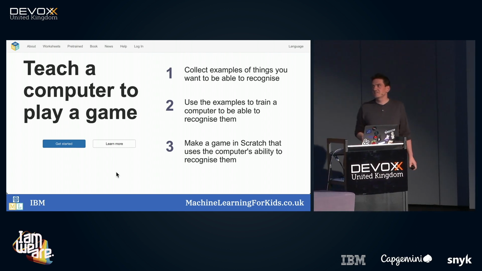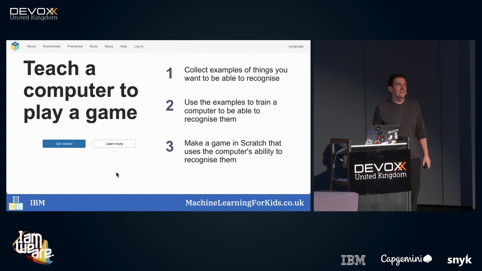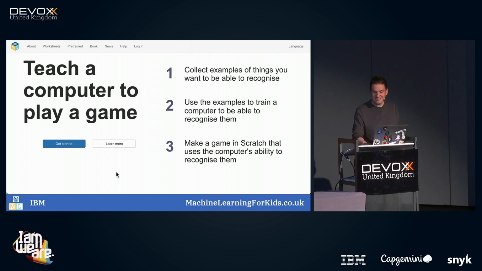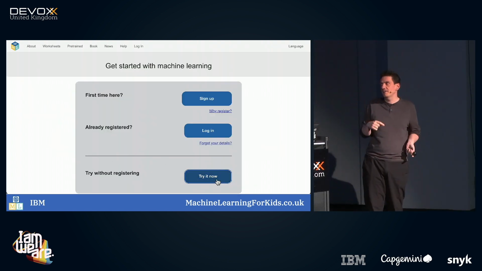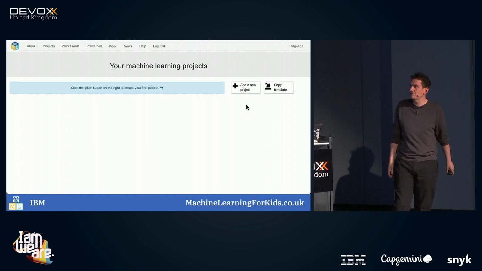The single biggest problem, that's my fault, I chose that URL. Ask a 7-year-old to type that in, it takes them forever. If I could start this whole project again, I would have picked a much shorter address. But anyway, the idea is they can log in so they can work on something week after week or in another lesson, but you can just use it without logging in.